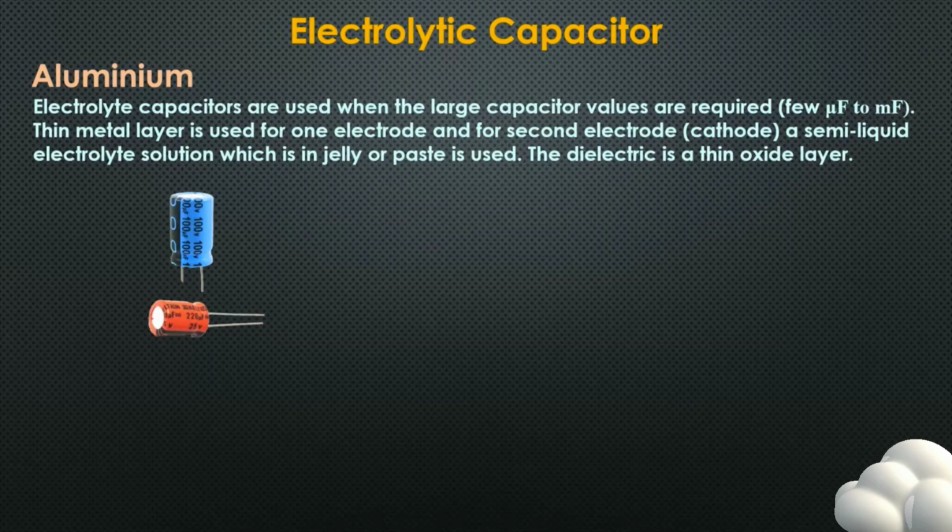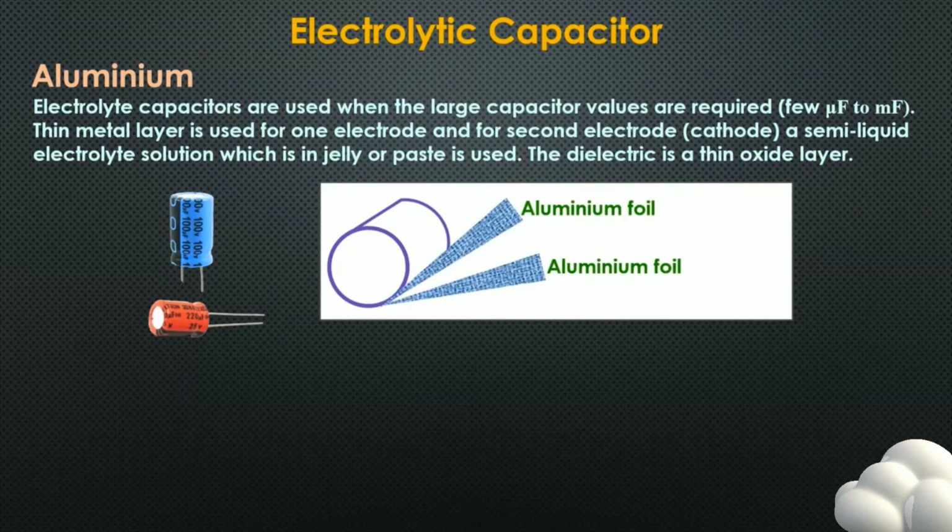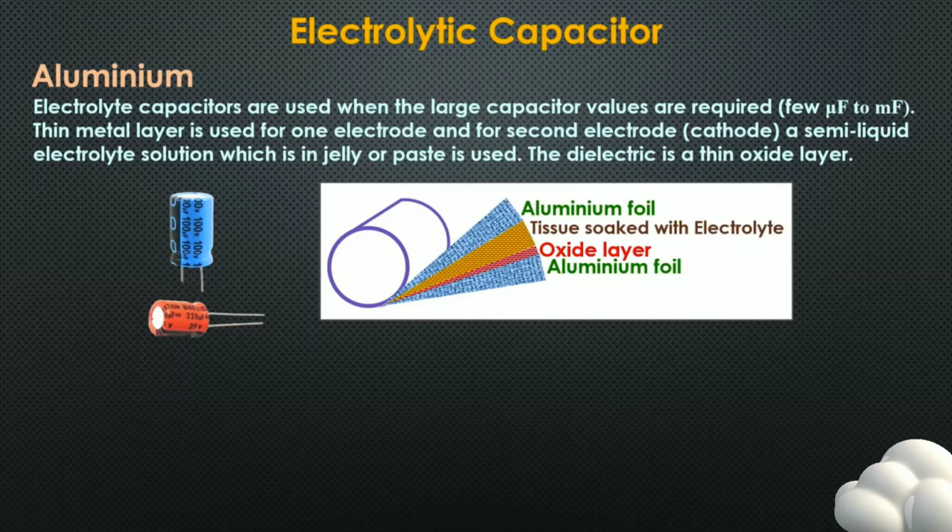A thin film layer is used for one electrode, and for the second electrode, the cathode, a semi-liquid electrolyte solution in jelly or paste form is used. The dielectric is a thin oxide layer. You can see in the figure there are two aluminum foils which act as electrodes. There will be an oxide layer and a tissue soaked with electrolyte. Also, paper separators are used when it is foiled to form the basic capacitor. So this is the structure of the electrolytic capacitor when we use aluminum as